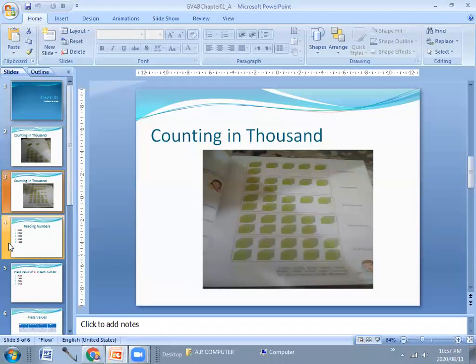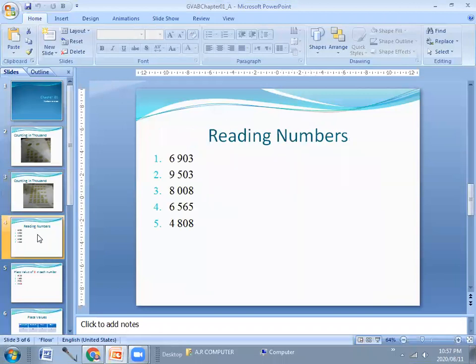So moving next, reading numbers. I'm reading these 4-digit numbers, and after having some practice, I will ask each student individually to read the numbers, like I did in yesterday's class, that I will write on a Word file. So I'm reading, try to understand, and you can repeat with me.